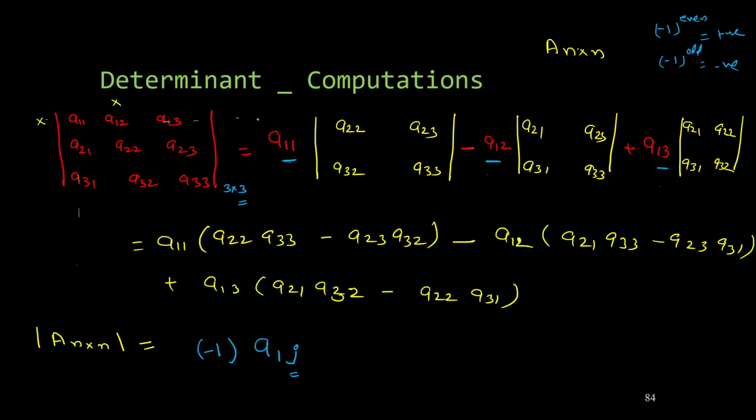So you can generalize it. We have a positive sign when this is A11, and a negative sign when this is A12. So you need to think in terms of J: for what value of J the sign is positive, and for what value of J the sign is negative. Here we can see that this is 1J. When 1 plus J is an even number, the sign is positive. When 1 plus J is an odd number, the sign is negative. So we can write here 1 plus J, right?